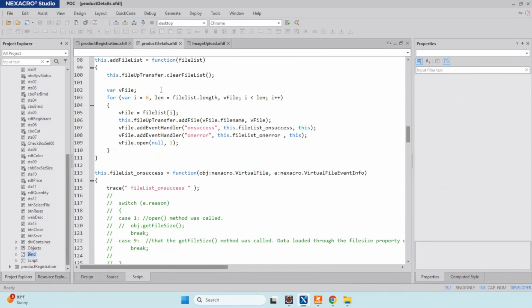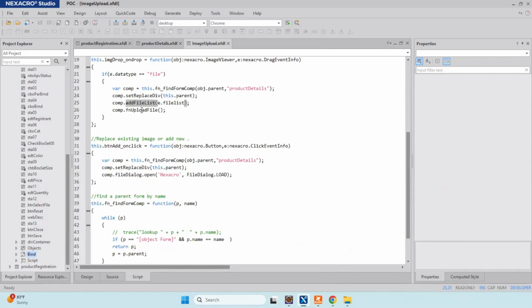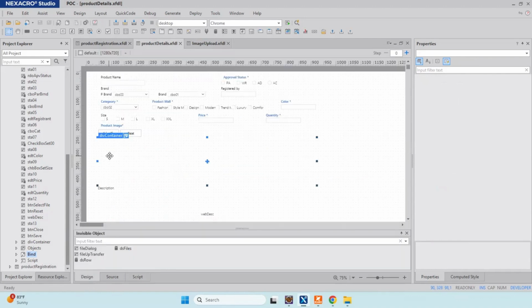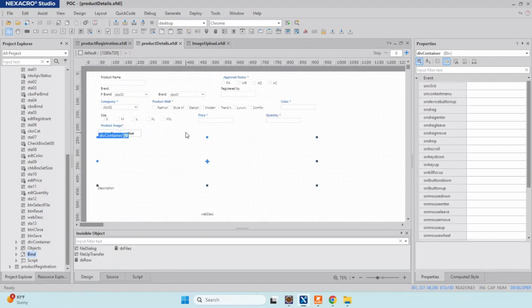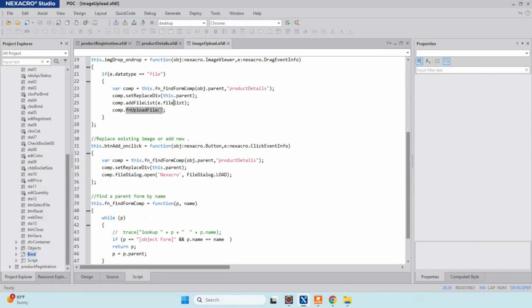We'll add the file to the file up transfer. And then we are calling the file upload method, which will call the xup method to upload the file. So this is the same as what you would call when you click on the select file and open a dialog. So instead of opening a dialog, we are getting the files from the drag event info.